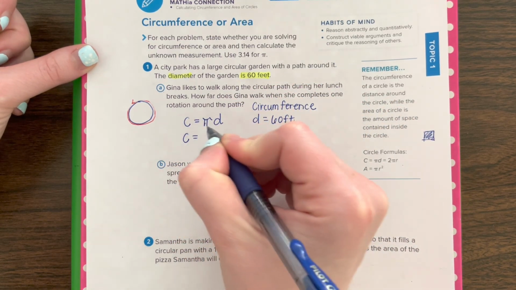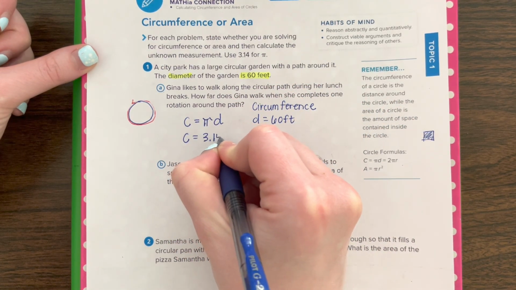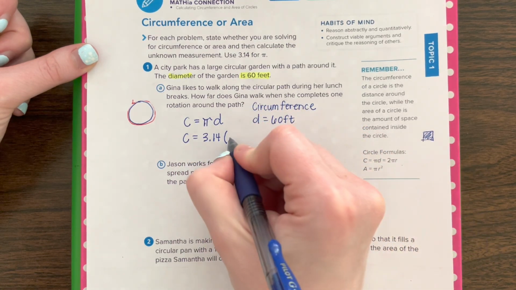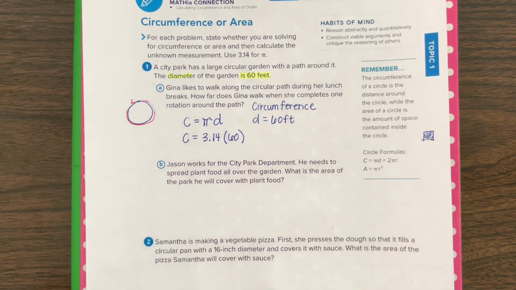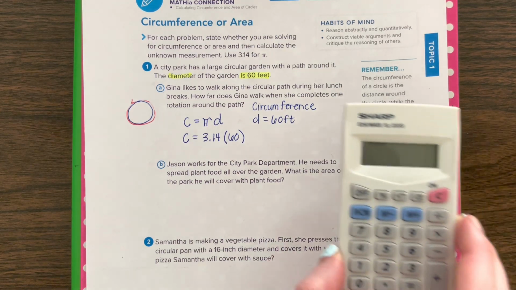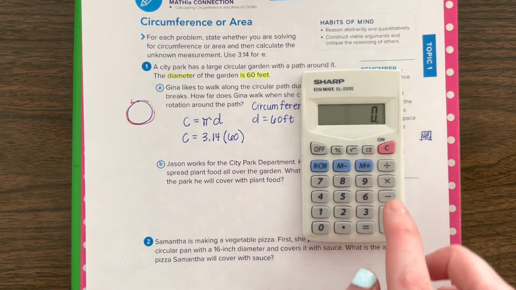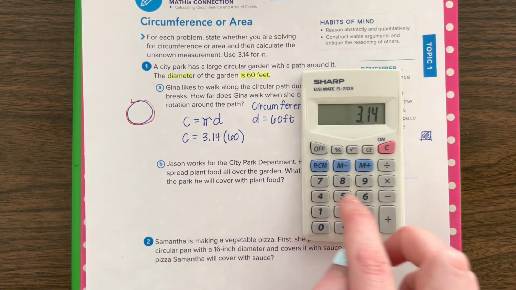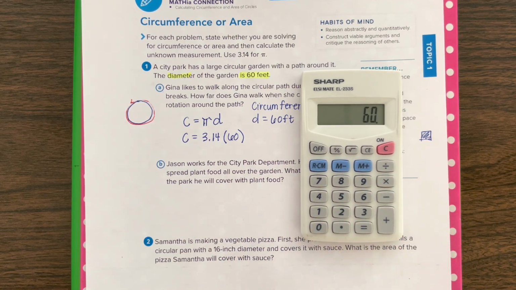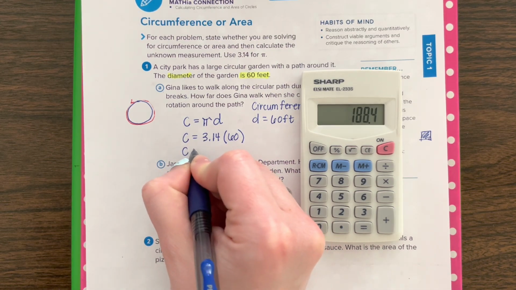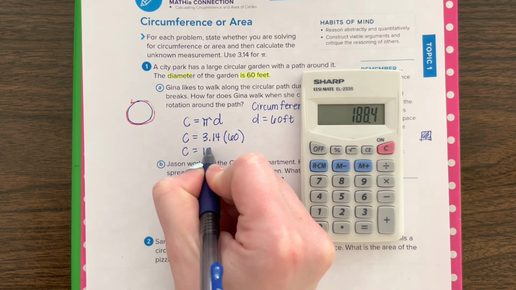So we have circumference is equal to 3.14 times the diameter, which is 60. So this here is where you can use your calculators today. So go ahead and type in your calculator 3.14 times 60, and then we get the circumference is equal to